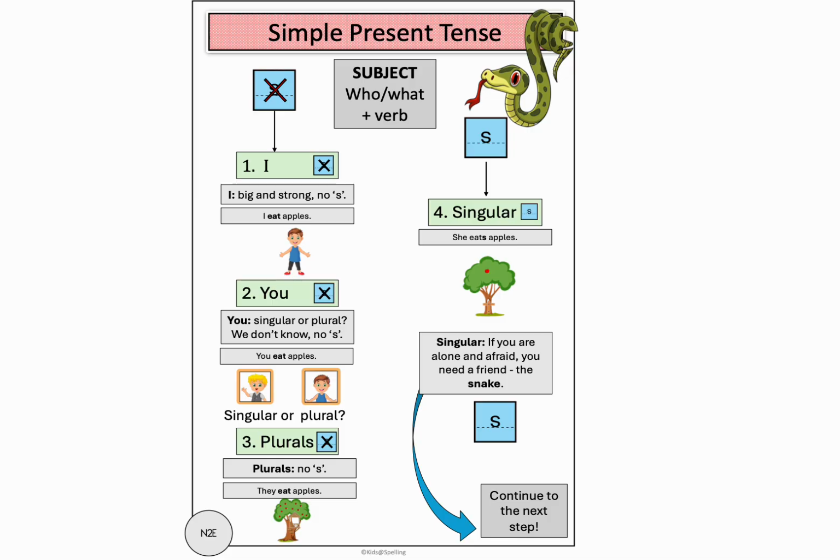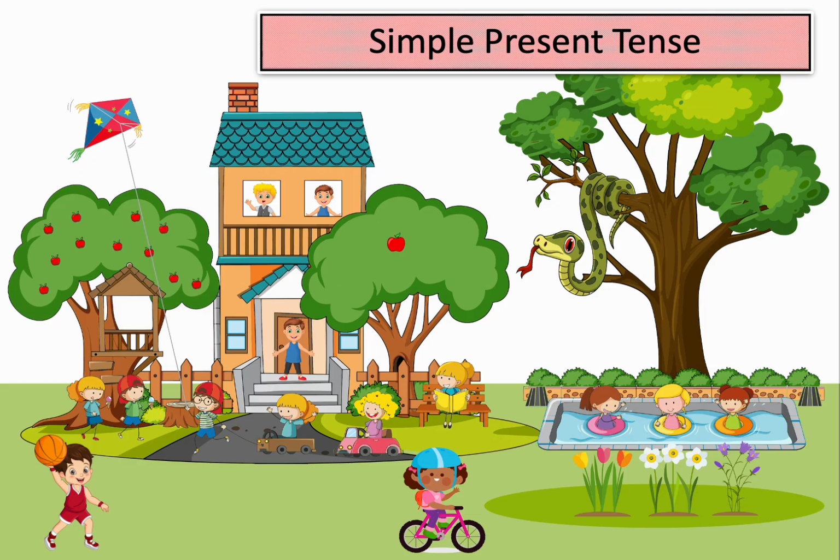This poster covers what we have just explained with the 4 subject rules that are colored in green. The following 5 rules are the different spelling rules. They are colored in light red. These rules show clearly why it is important to teach this to prevent learners from simply adding an S to the verbs.